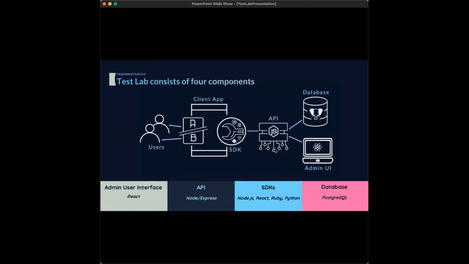A Node Express backend server that exposes API endpoints for creating, retrieving, editing, and deleting feature configurations, as well as collecting and retrieving event data for analytics. A Postgres database for persisting data, including feature configuration, user block allocation, and event data for experiment analytics. And finally, native SDKs for Node, React, Ruby, and Python for easy integration of our platform into both server and client-side rendered applications. We will do a deep dive into each of these components, but this is the general outline